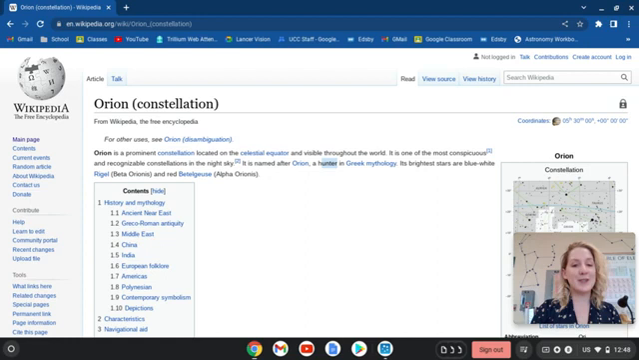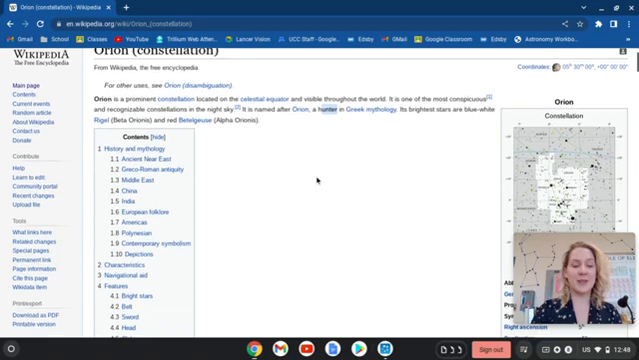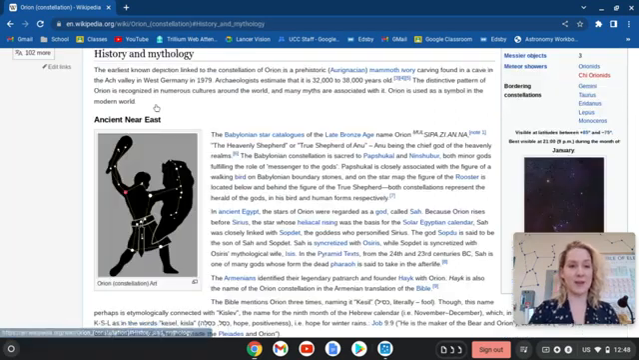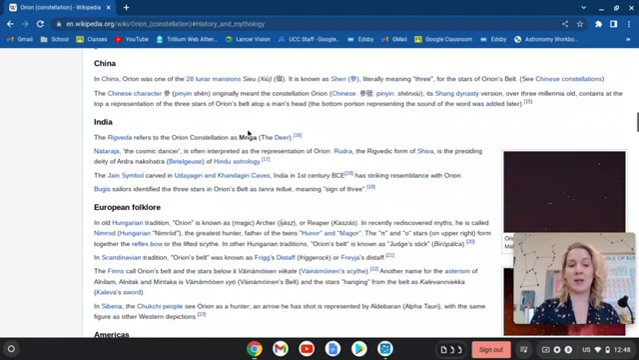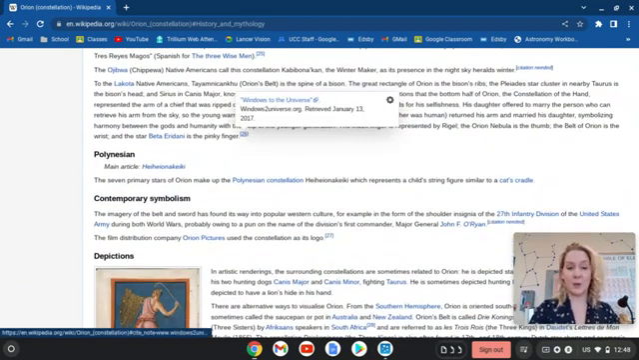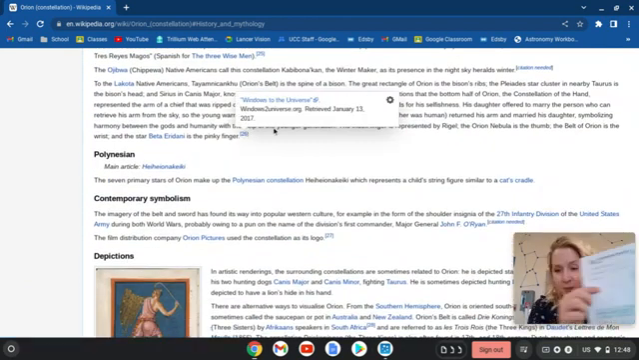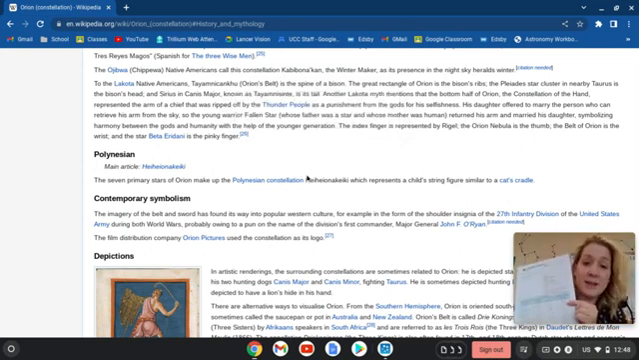And you can do a little research here to figure out where it is located. And from there, you'll do a little research on the history and mythology. So you can click on those tabs. You can see there's lots of history, mythology for this constellation. So I just briefly put some notes on this side on that constellation and what it means to different